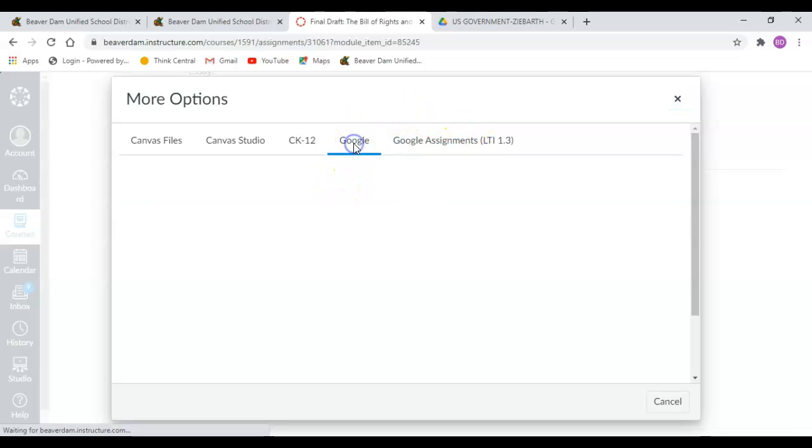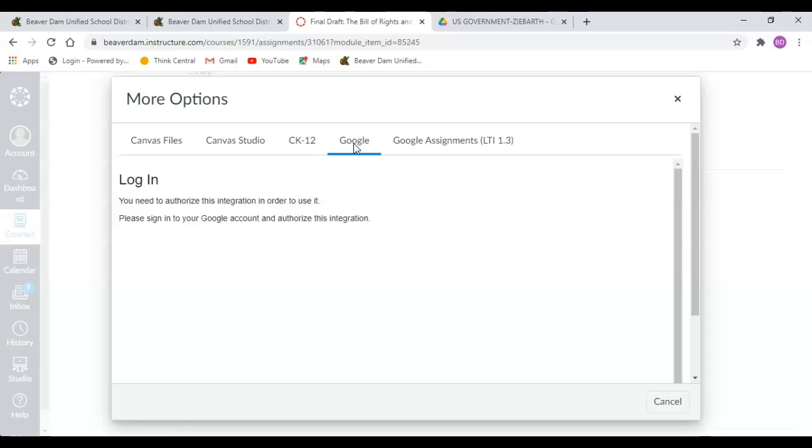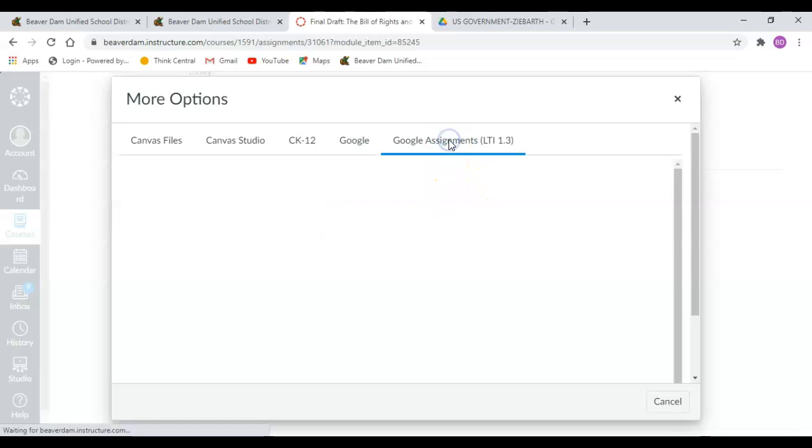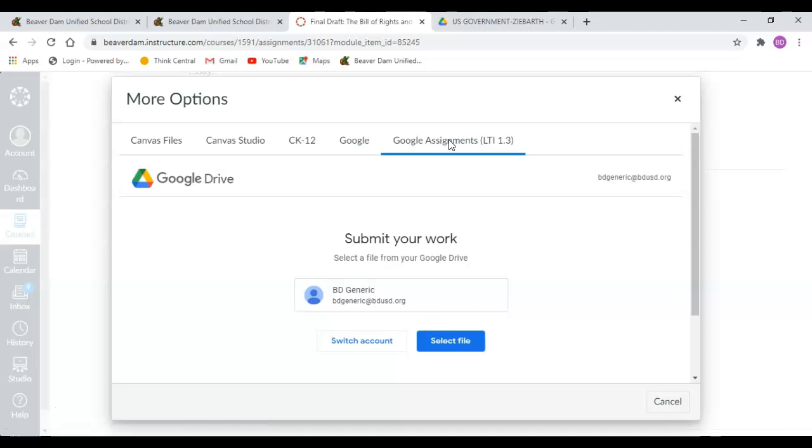And for me, when I click on Google, I get this login authorization. And it might work for you, even though it doesn't work for me, because I'm logged in as a teacher as well. But I can click on Google Assignments LTI, and then it says submit your work,